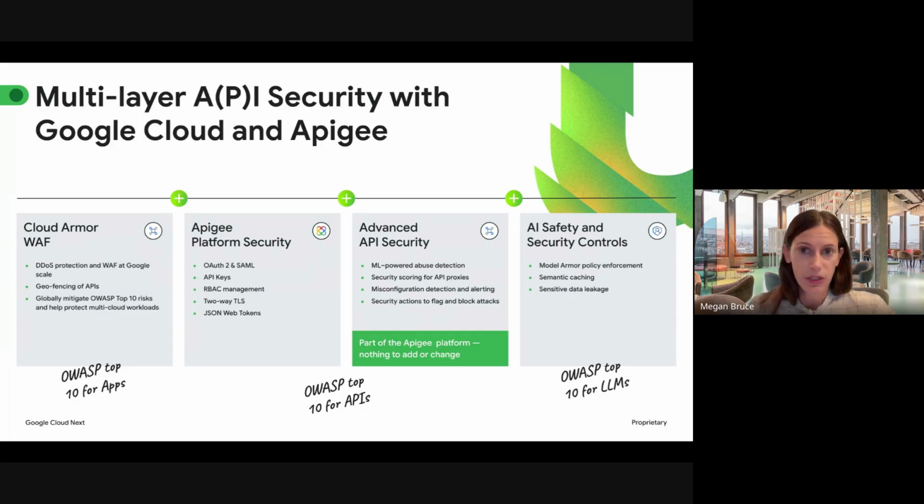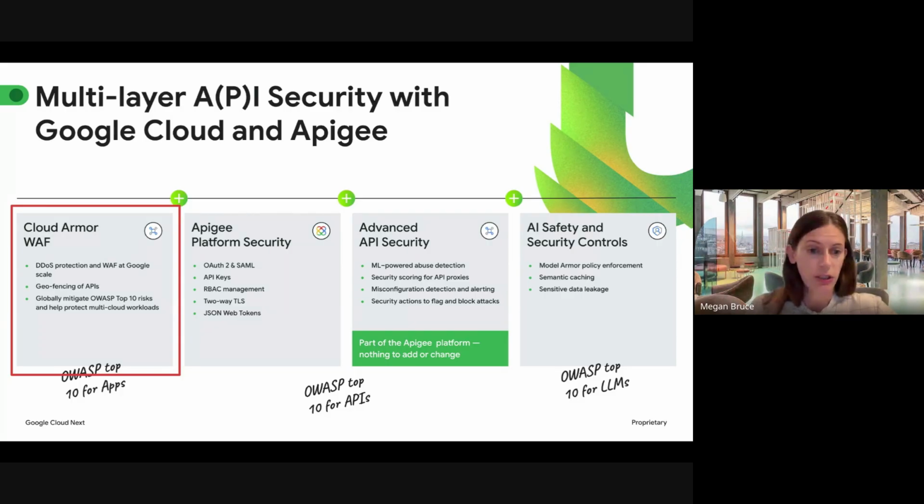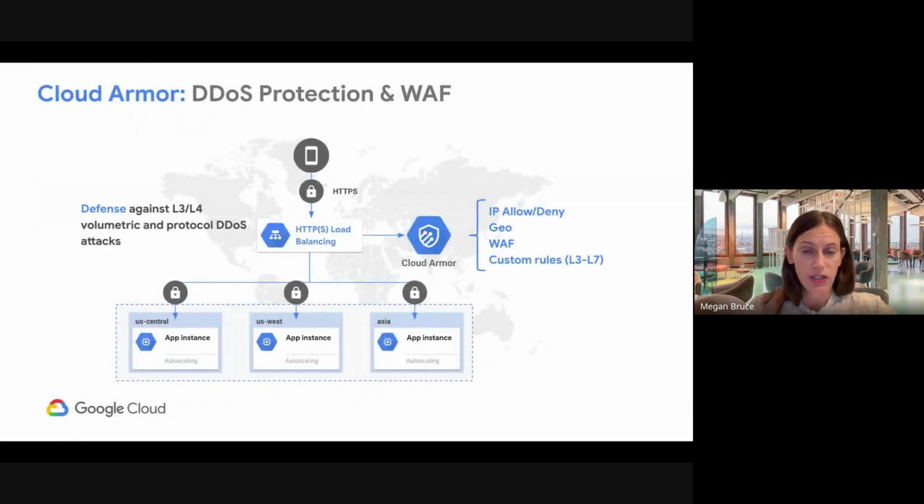And then finally, we'll touch on some of the AI safety and security controls that we've released in Apigee as well. So talking about Cloud Armor, I'm not going to spend a lot of time on this one. If you are interested in learning more about Cloud Armor or WAFs in general, there are a lot of other, again, resources out there. But we're going to just kind of briefly set the stage here for why Cloud Armor